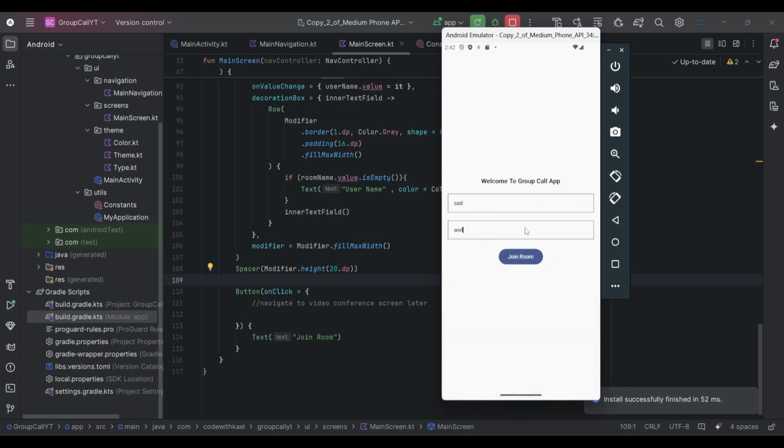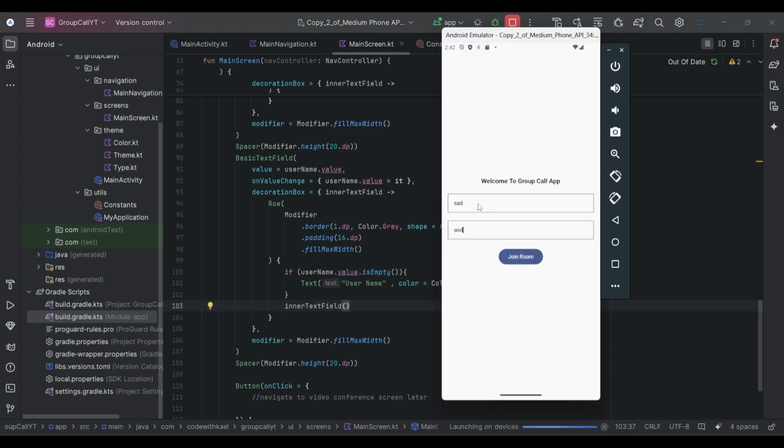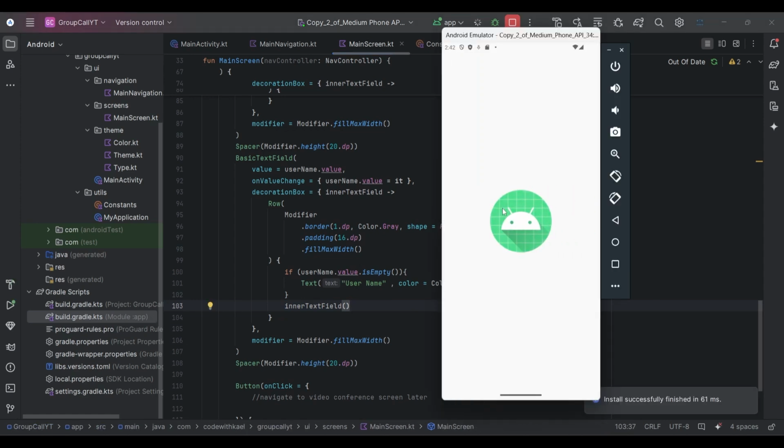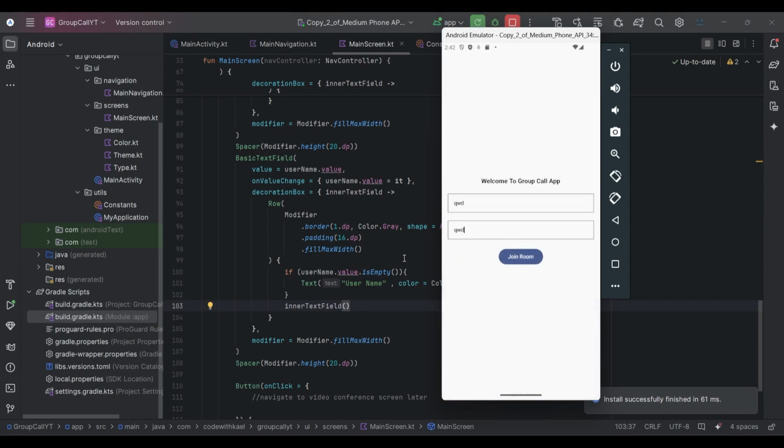It's pretty much ready to use. But in this one, the username field is checking if the room name is still empty. So we want to check the username and, if the username is not empty, show the inner text field. So we are pretty much set and ready to go to the next step and set up our view model